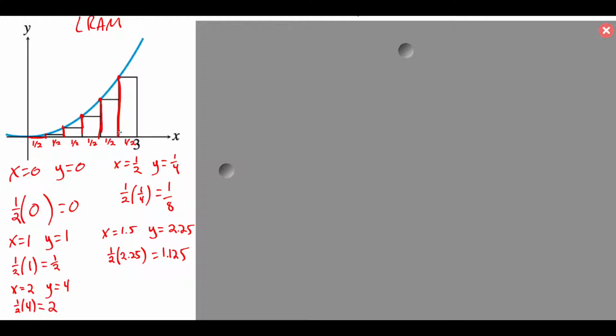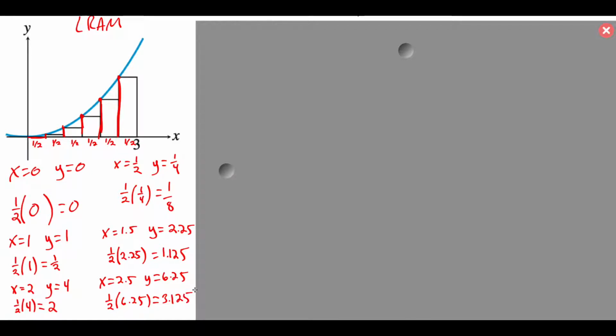Our last x value here is at 2.5. And to find the height of that rectangle, again, we're going to square that. So that's going to be 6.25. So then the base width is 1/2. The height is 6.25. So that's going to contribute an area of